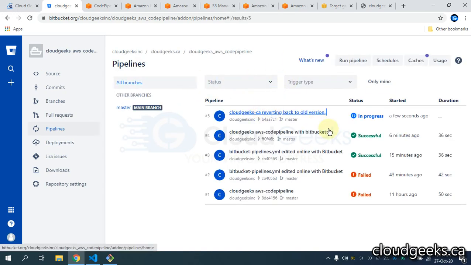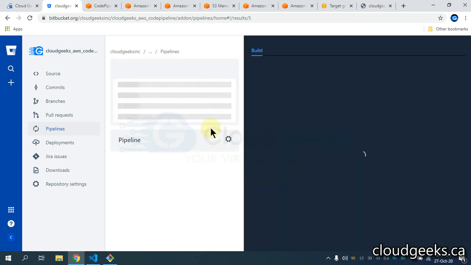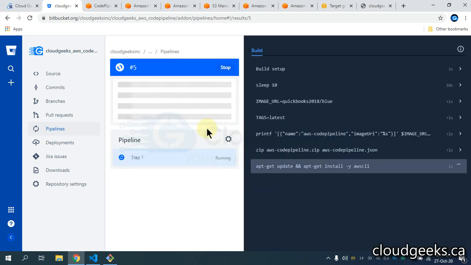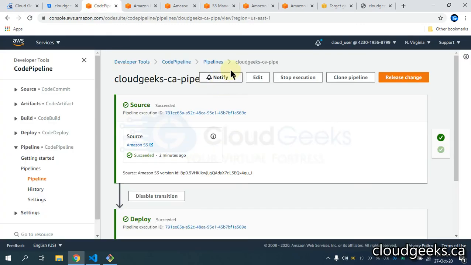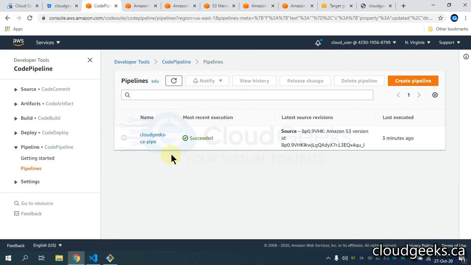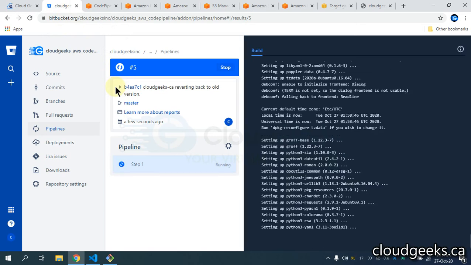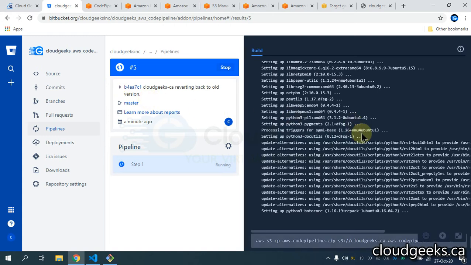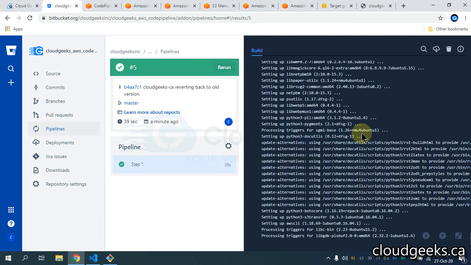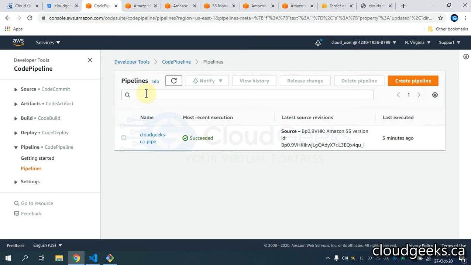So once it's successful, let it run. If I navigate to the CodePipeline, you'll see currently it has succeeded, it is not running. Once this section is done and successfully updated, it is going to automatically trigger that particular pipeline for you guys, so you don't have to do anything.